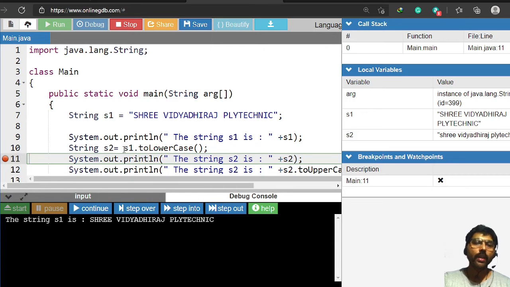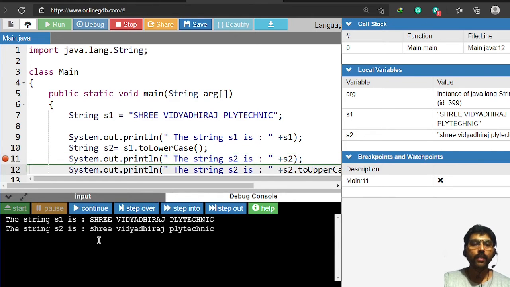I have created one more string called s2 by using s1. Now I have applied the method called toLowerCase. This method converts the uppercase characters into lowercase, that is, s2 contains the lowercase characters of Sri Vidyadiraj Polytechnic. Now see, it contains the lowercase of Vidyadiraj Polytechnic.